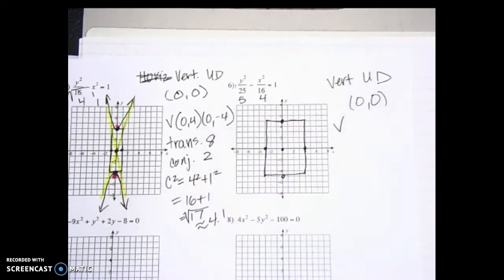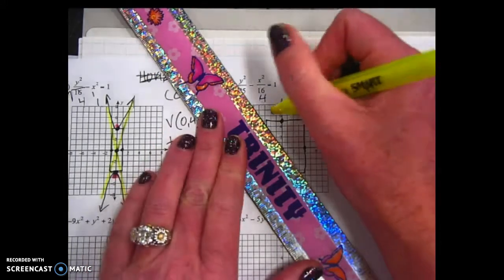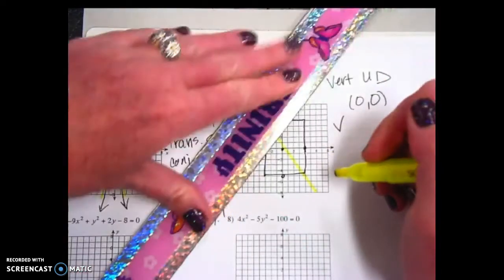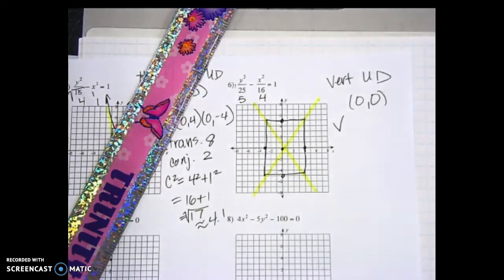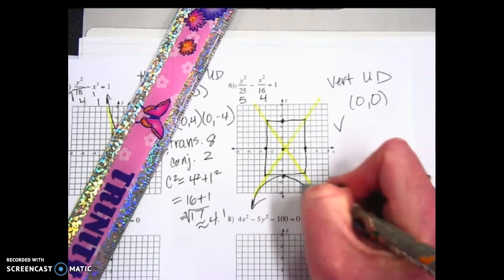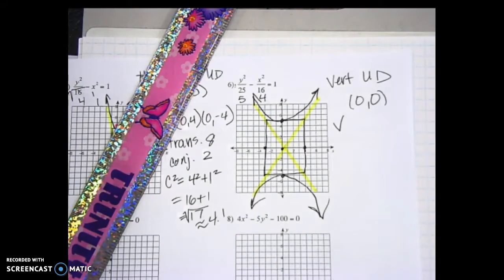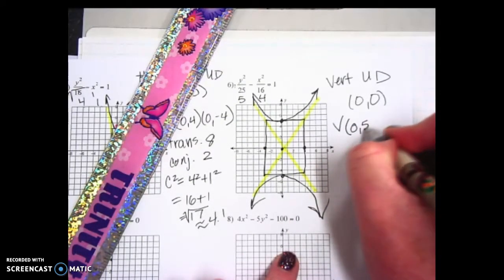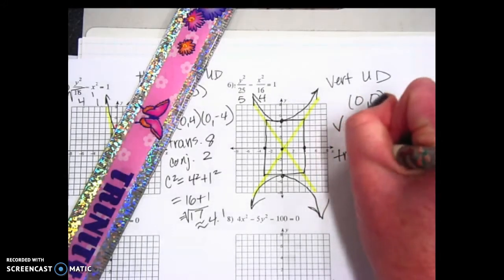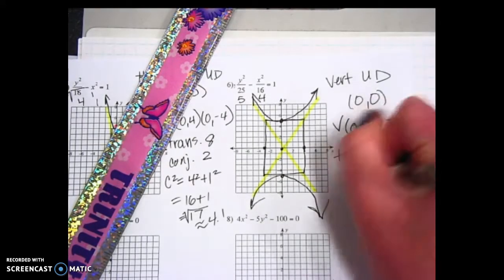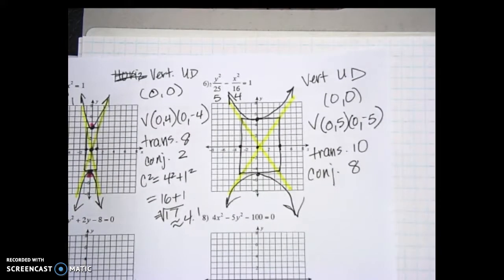Okay. Drawing your asymptotes. Okay, so the vertex ends up being at 0, 5 and 0, negative 5. We need transverse axes. Double the 5, you get 10. Conjugate axes. Double the 4, you get 8. And then